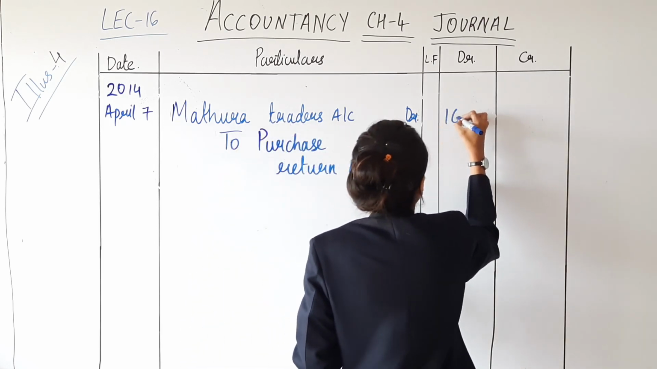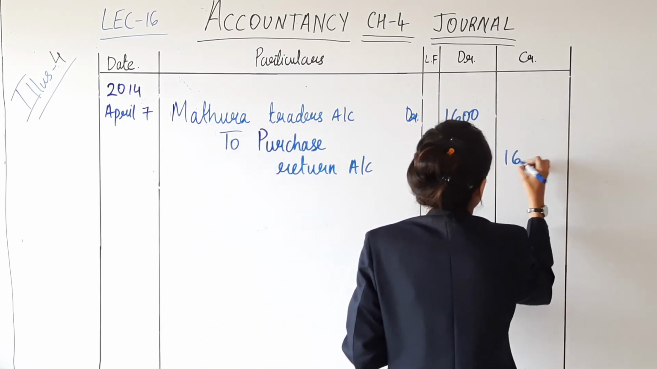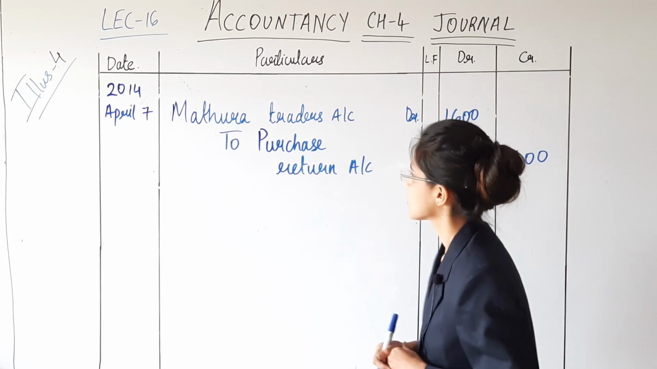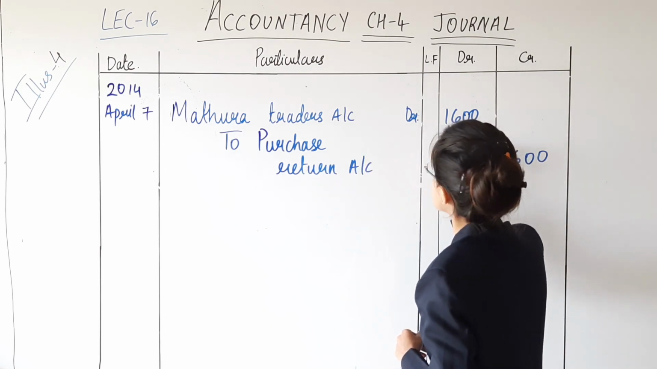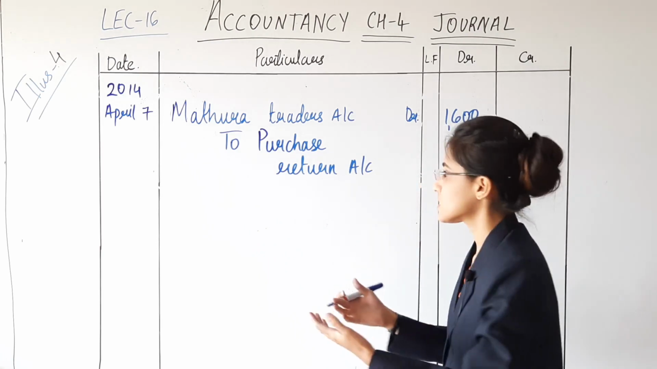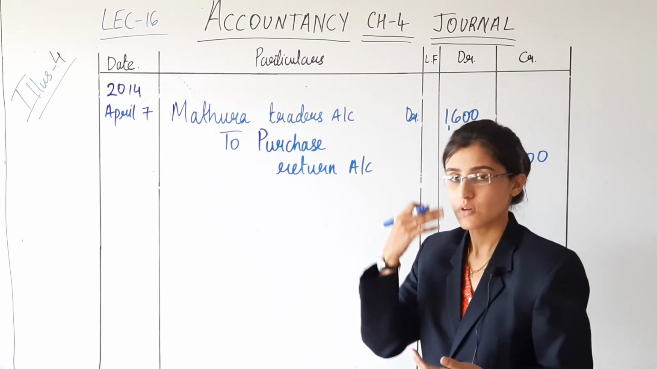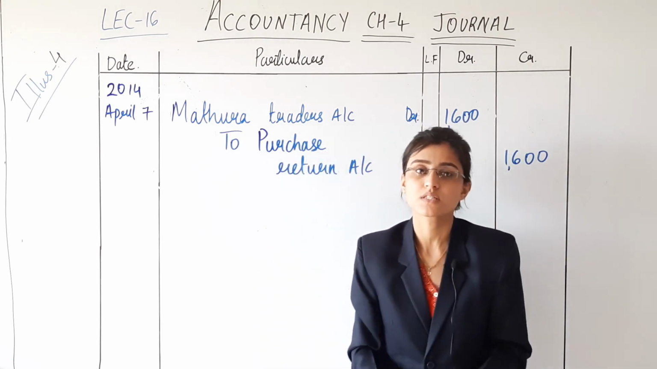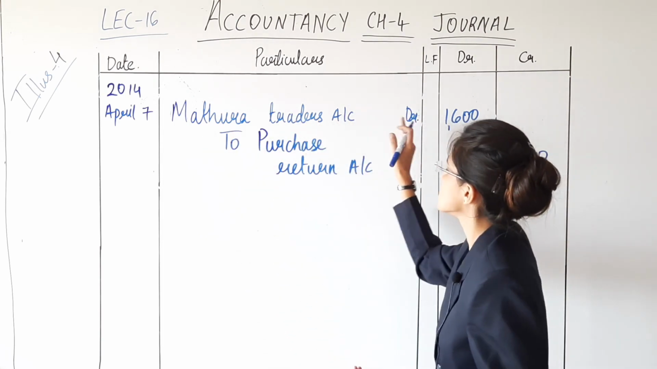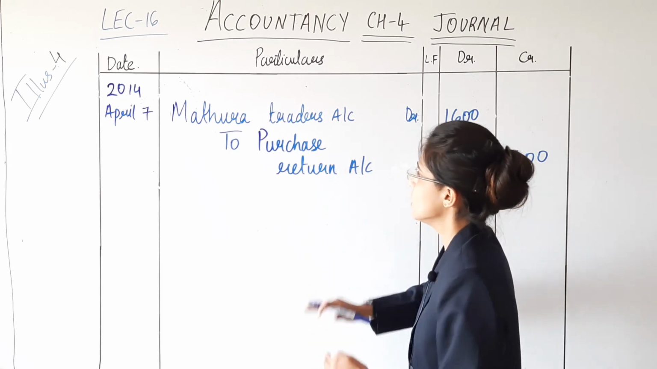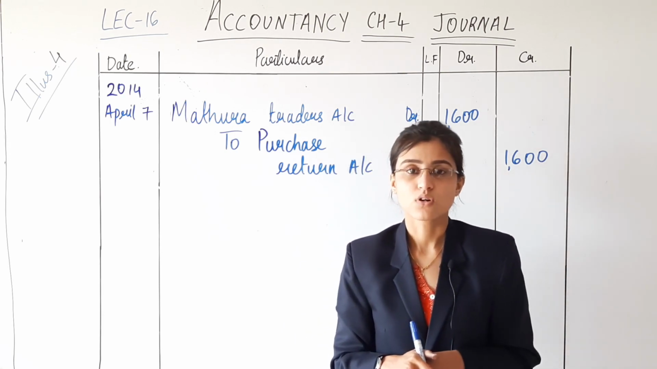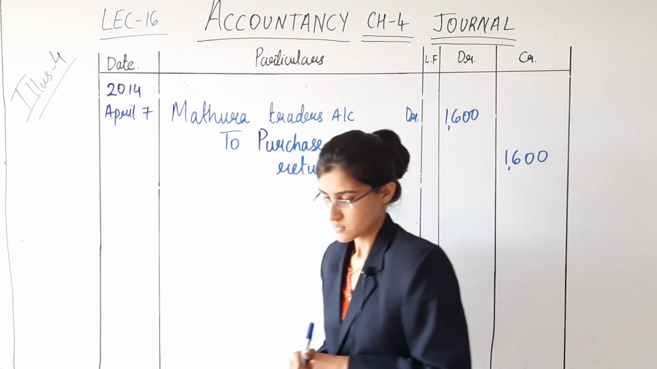Goods of rupees 1600 only. Okay. So Mathura traders account debit 1600 to purchase return account 1600. Purchase return account, because you are returning the goods that you have purchased earlier. To whom? To Mathura traders. Mathura traders is receiver, debit the receiver. Goods go out because you have returned them. You have given them to Mathura traders and hence purchase return account is credited. Credit what goes out. Then